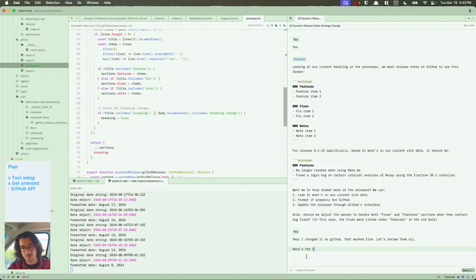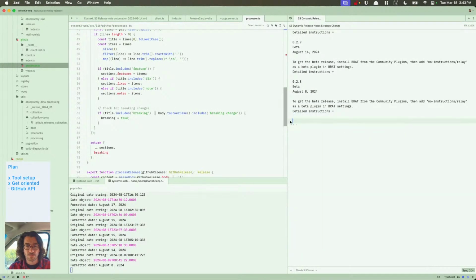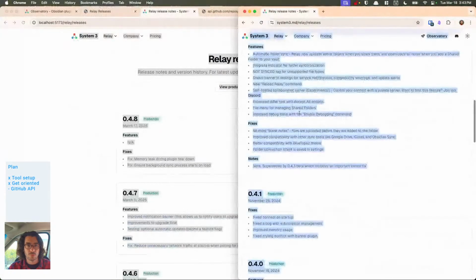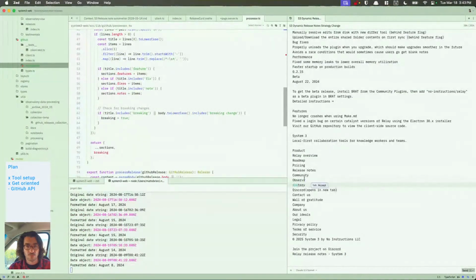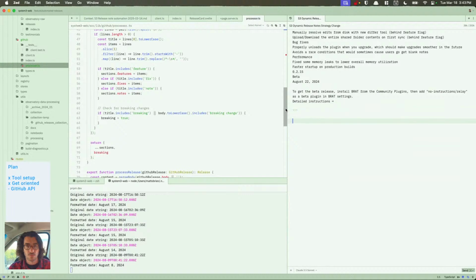Here's the full page I'm seeing on dev right now. We can get rid of this. And here's the full page I'm seeing on prod right now. Here. Compare. Which